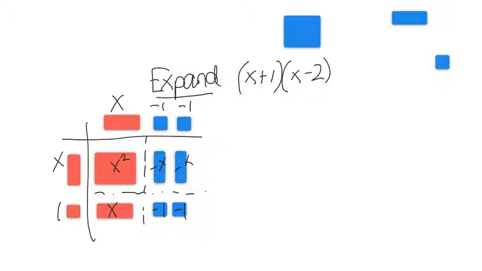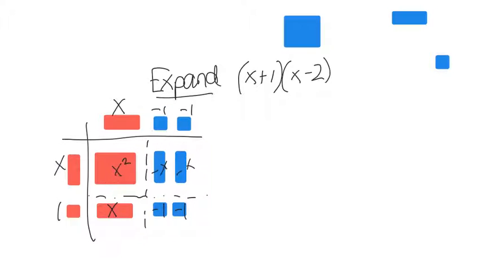Now the last step is looking for things that cancel each other out, or that add to 0 more properly. So when I have a negative x tile, that produces 0 if I add it with a positive x tile. So this tile and this tile are going to add to 0, because really everything in this part of the chart should add together. So this tile and this tile will add to 0. All the other tiles that are left over, I then add up, and I would get, in this case,